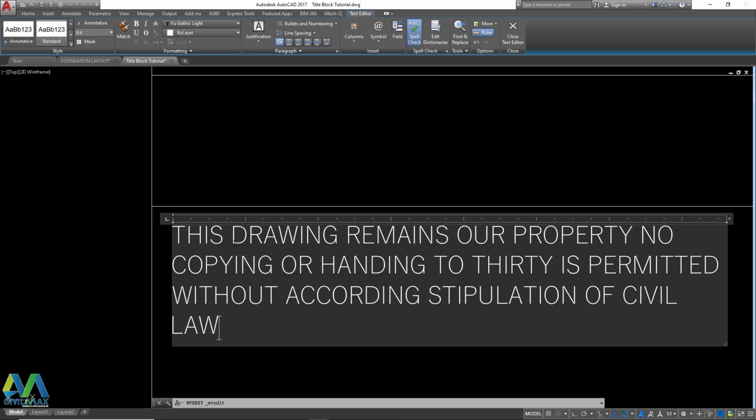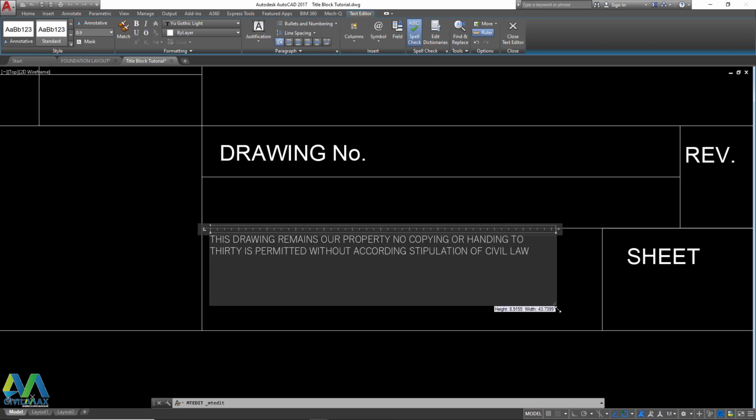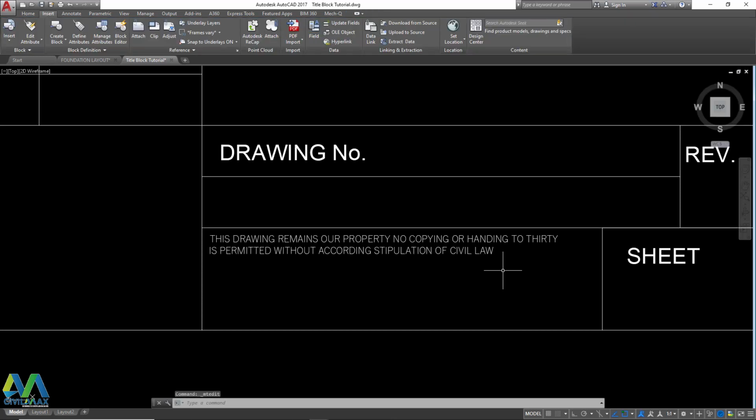That's all about that. Now we can just drag it to make it fill in the whole area, or